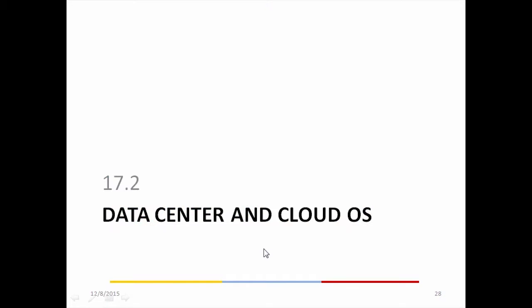We will continue with the cloud computing. So let us look at the data center and the cloud operating system, or cloud OS. Why do we need to look at the data center and cloud OS? Because after we have understood virtualization, and specifically CPU virtualization and memory virtualization, we need to move up a little bit, because what we learned so far is at the real low level of the key issues of virtualization.